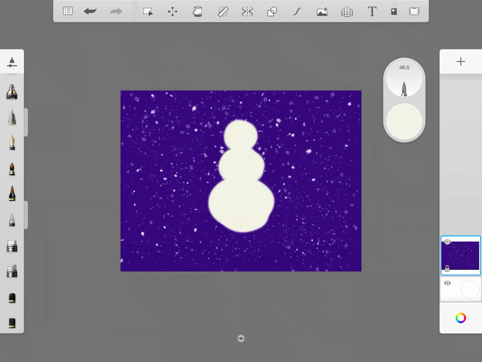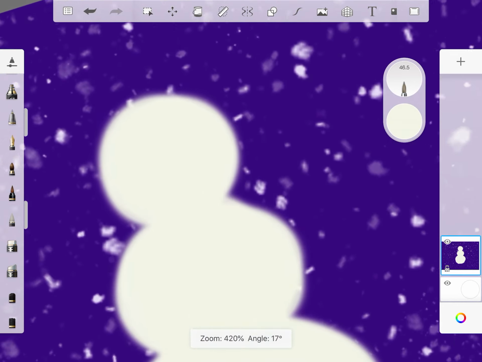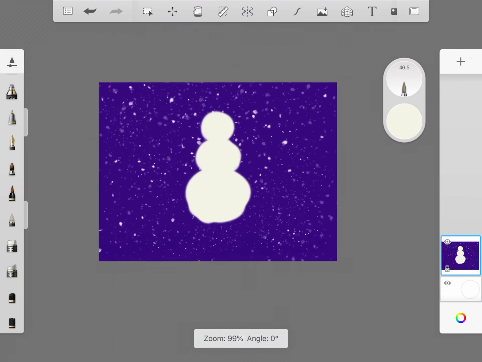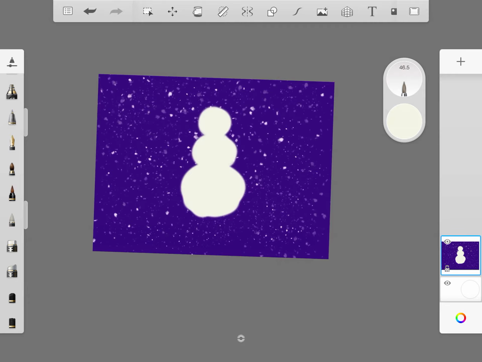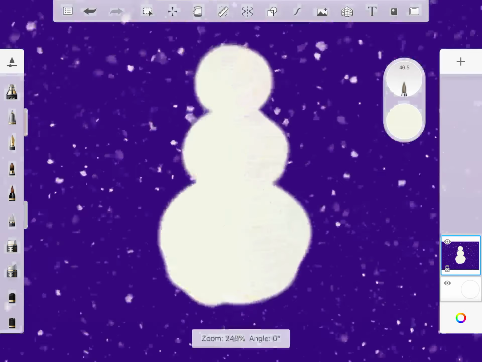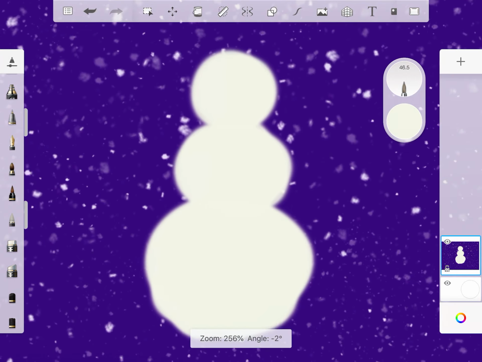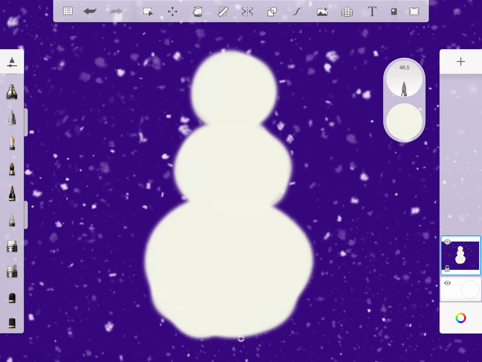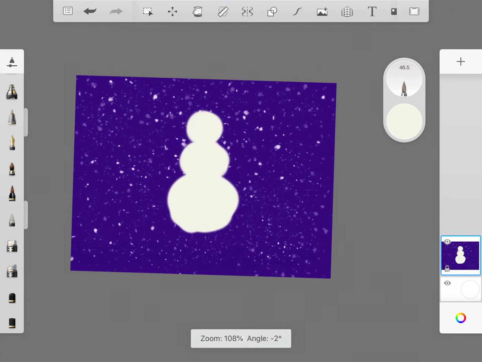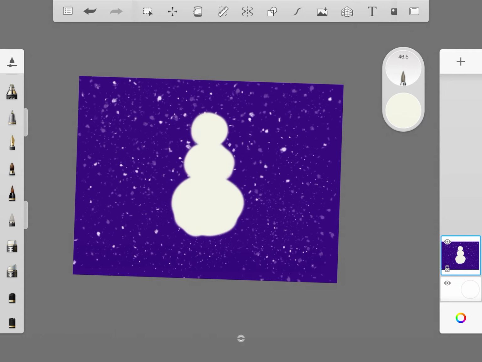And right there. Okay, now I'm going to zoom in on him. Most of the time, here's a problem that I am finding: a lot of students are zooming way out like this and trying to work like this. You need to keep it small right here so that your